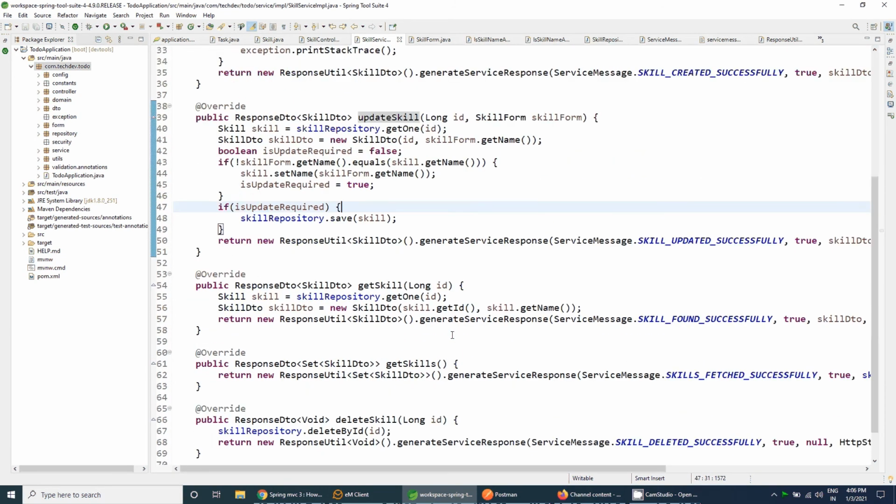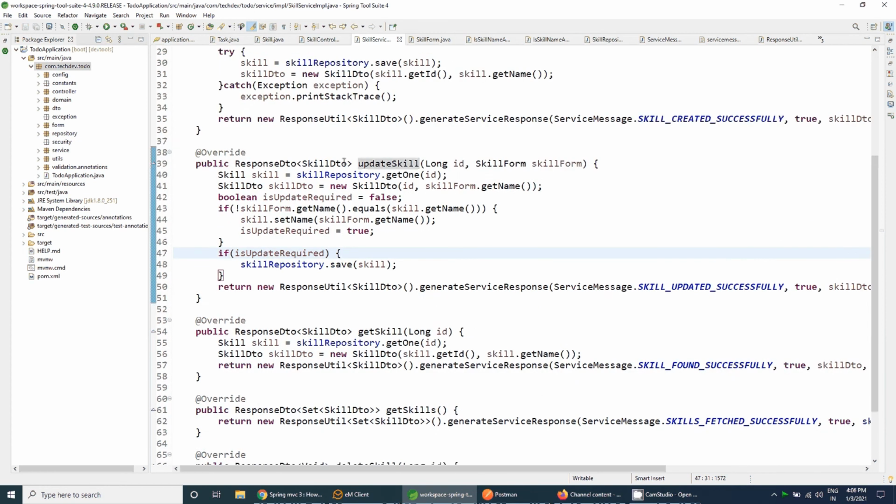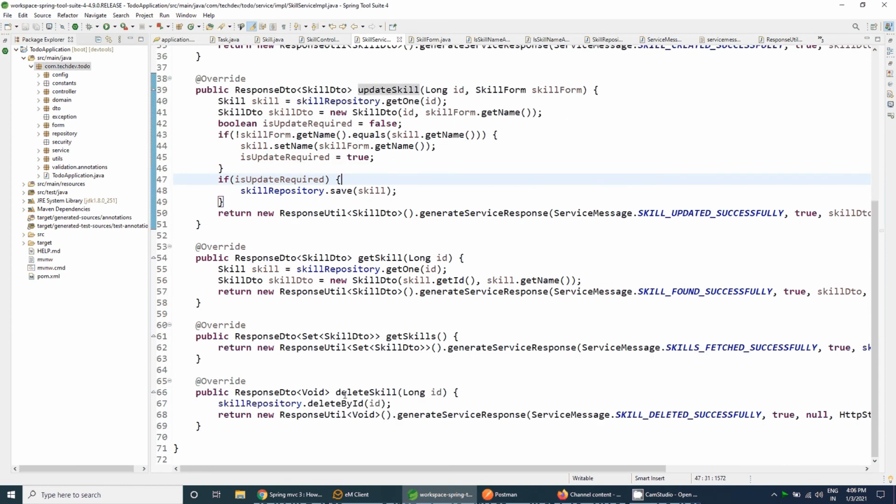But in this way, suppose I have three methods which contain the ID. Then in each of the three methods you have to validate that part, which is mostly not suitable, and it will be very problematic later if you want to change something. Suppose in the future you want to change the implementation of checking whether the ID exists or not, you have to change every one of the three methods containing that validation.